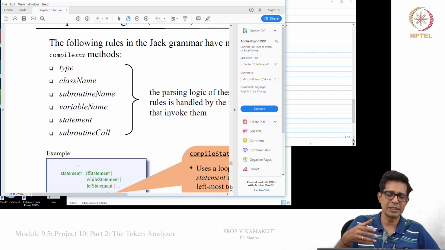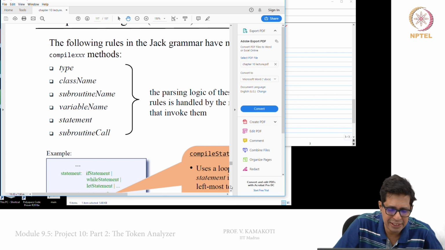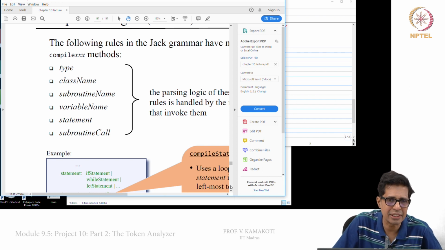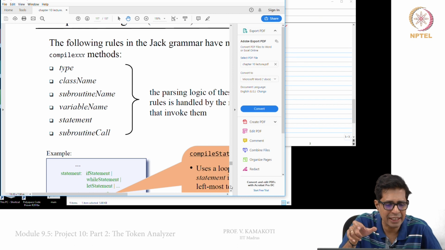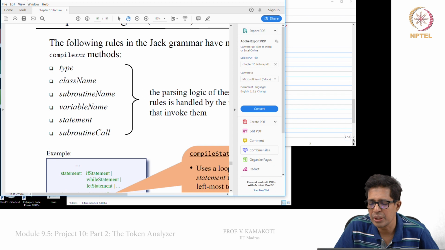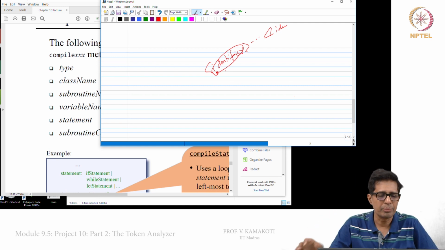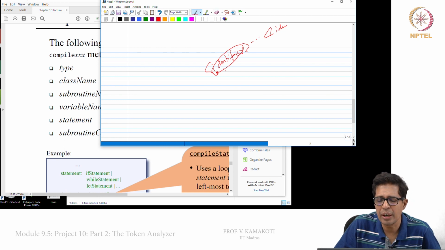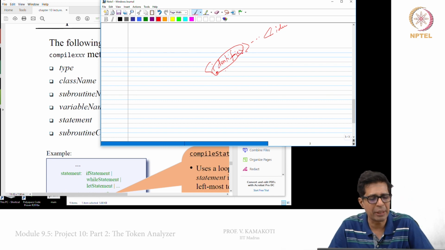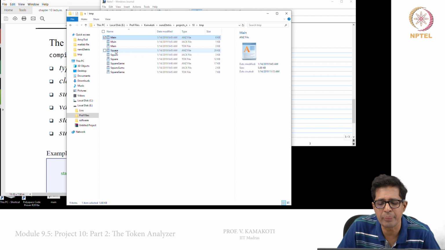And every time I call a subroutine, before calling it, print the name of that subroutine, like compile, within less than and greater than, and after you finish executing the subroutine, again print slash of that, as we have described here, and that is the file that we need to basically generate. Once this is generated, we can compile this code, and that will give us another XML file of this form, which I can show you here. This is the XML file.